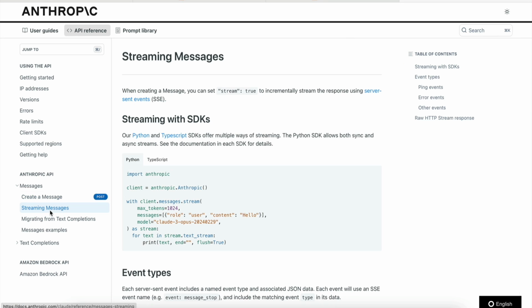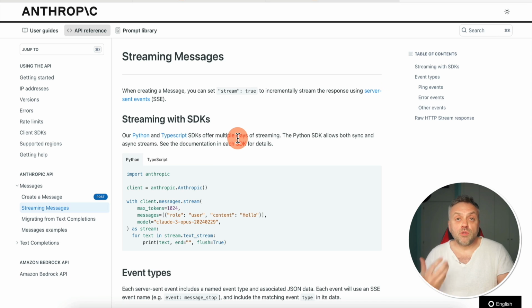You can also click on streaming messages, and that way you can do streaming as well in order to have that really cool effect as the text is coming back in real time, which is something that you should be striving for because it provides a really, really good user experience. All right, so now that we've taken a look at this impressive new AI model,